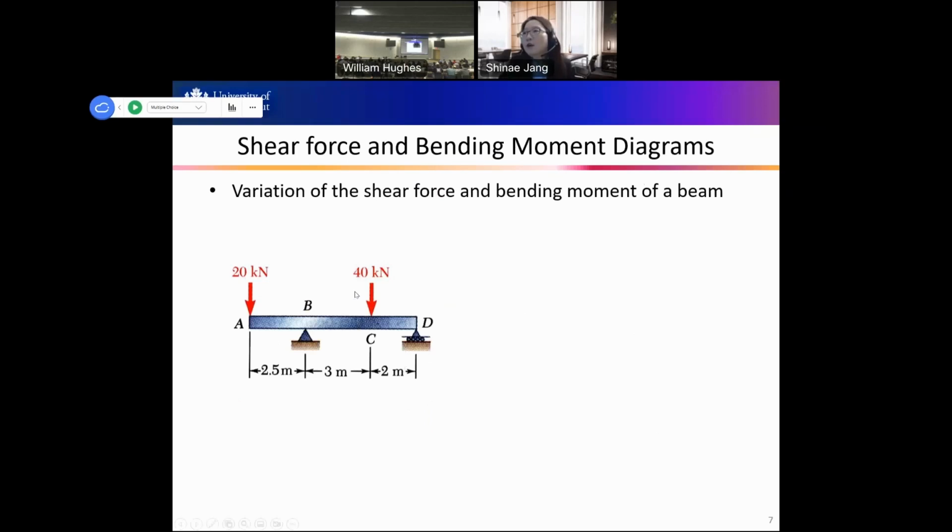Then what are the shear force and bending moment diagrams? So we talked about three internal forces at the cut section: the normal force, shear force, and then moment. And if we cut many sections, calculate the shear force or bending moment at many points, and then connect those dots together, then that's the shear force or bending moment diagram. So these diagrams are variations of the shear force and bending moment of a beam as a function of